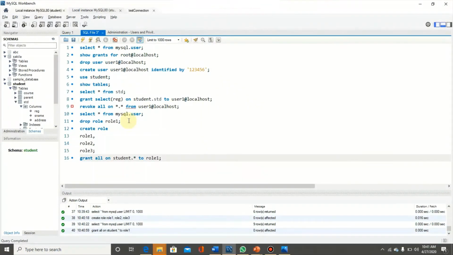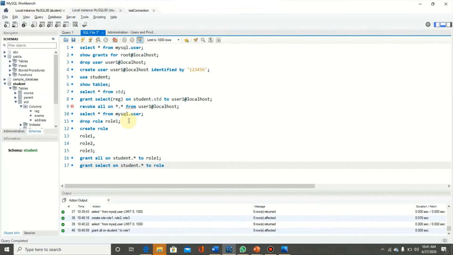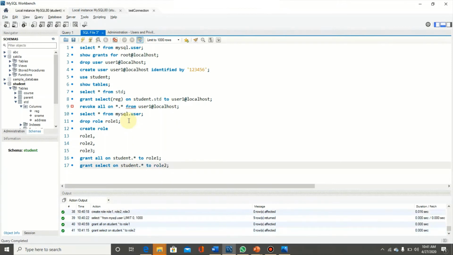Role 1 has been assigned all the privileges. Now for role 2, grant select on student dot static to role 2. For role 2 we have select privilege, grant update,